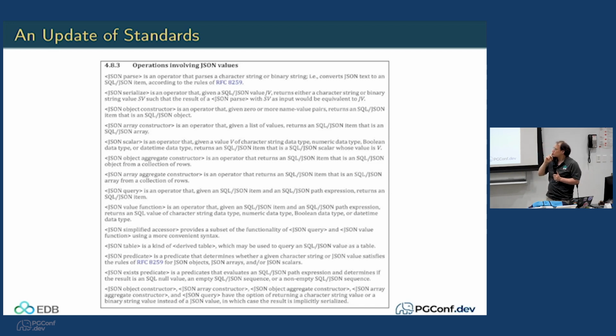And so with that, we have essentially a complete set of features in our implementation with two exceptions. One is that JSON_TABLE lacks one clause, the JSON_TABLE plan, and the other is the JSON simplified accessor, which is like subscripting in JSON, but a little bit more powerful. So I'm going to talk about that in a minute. For now,